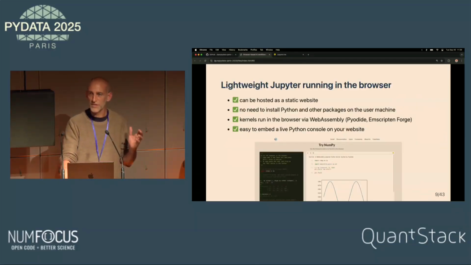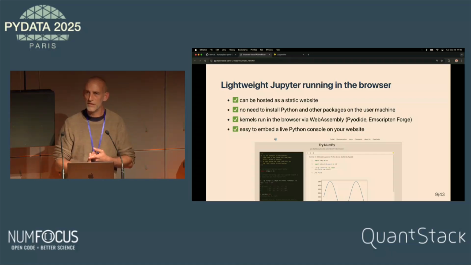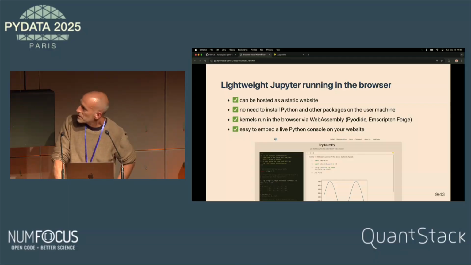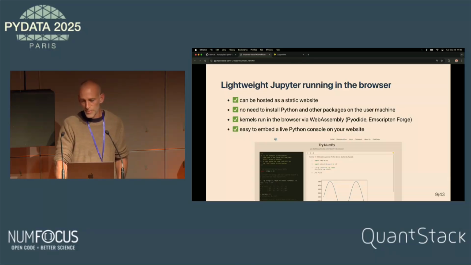You just have to download some assets, some static files, and you will have your JupyterLite distribution, including your kernel running with WebAssembly, and all the JupyterLite application will run in the browser. As you can see in the image just below, this is the documentation of NumPy, and they use a JupyterLite Python console on it.